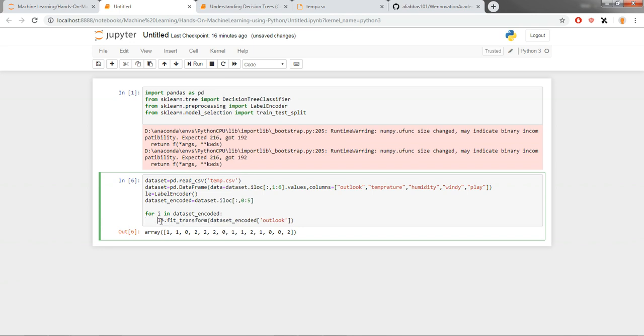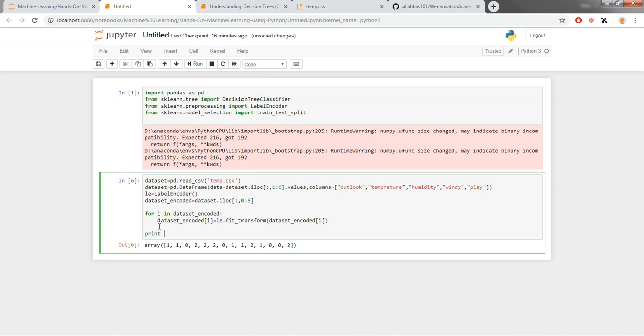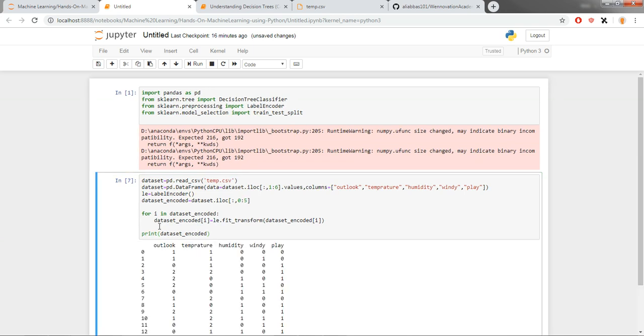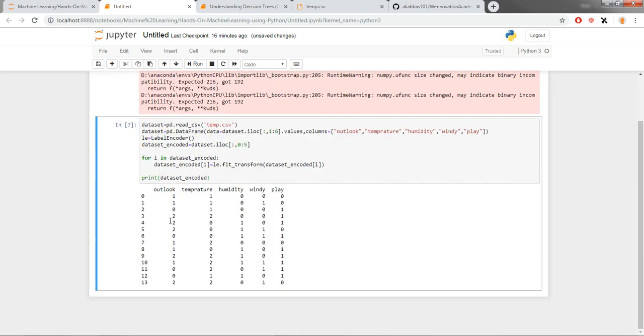Then I can say dataset. We need to replace every single ith column with the encoded values. So with that being said, now if I go ahead and print the dataset_encoded,